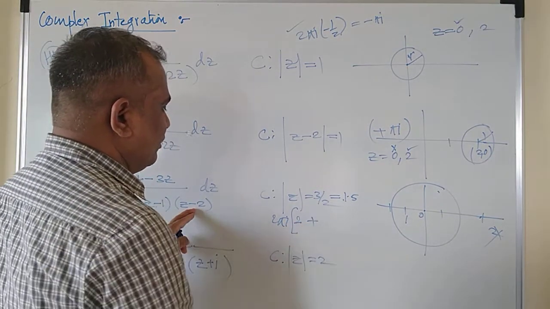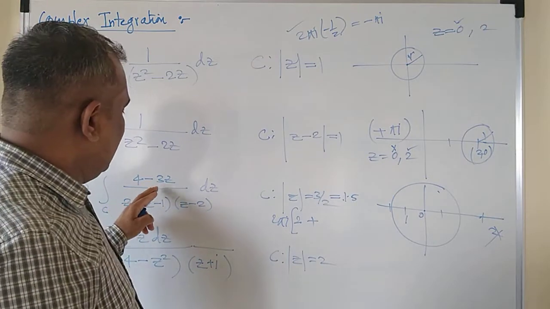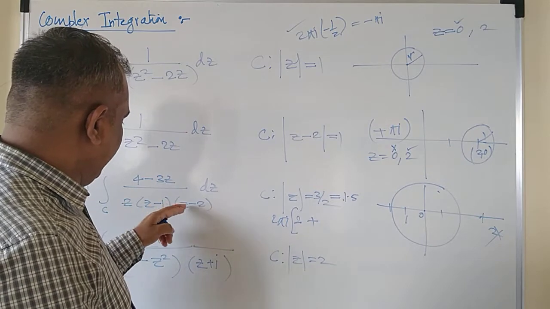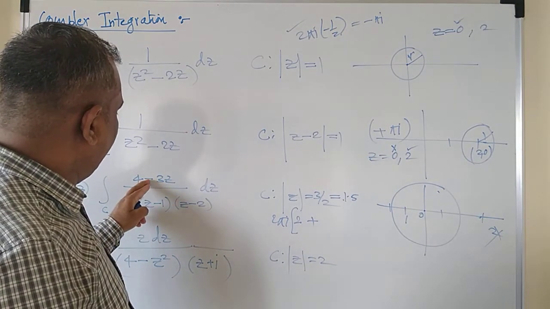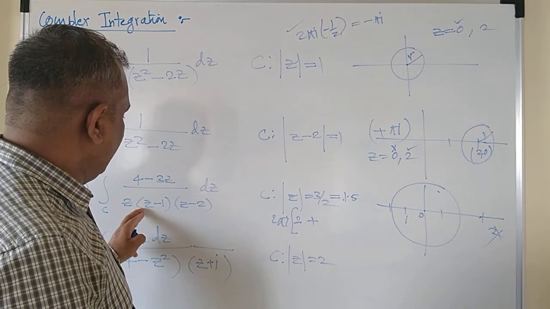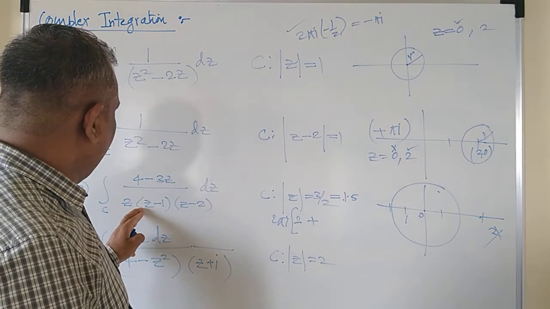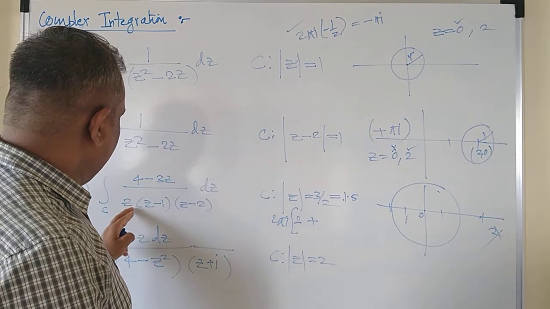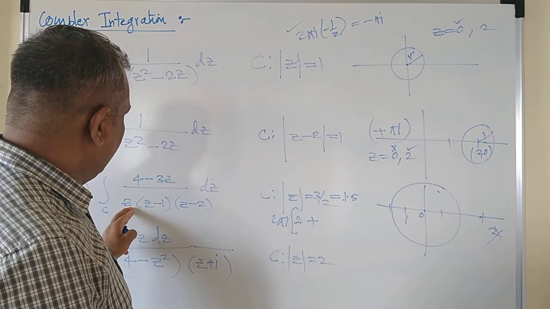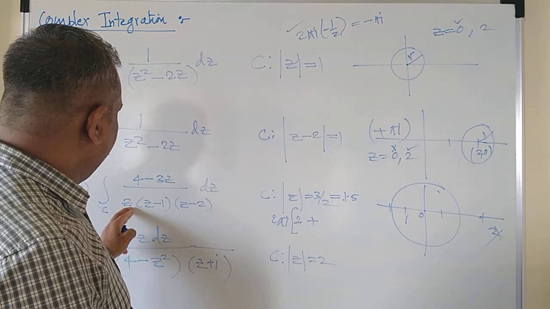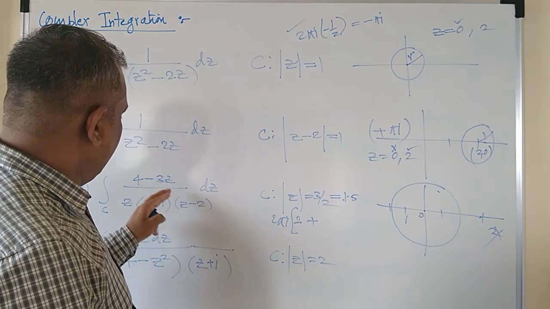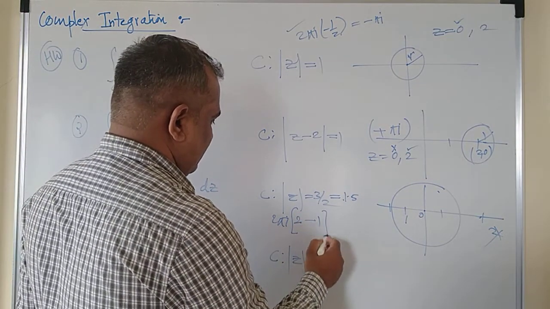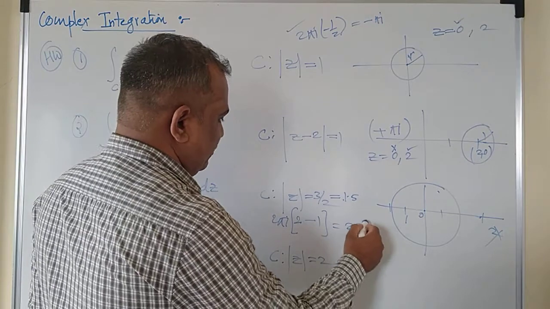So here you will get 2 only, plus the second case, which is for z equals 1. So z minus 1 will be at the denominator, the rest will be at the numerator, and you will get 4 minus 3z divided by z upon z minus 2 at z equals 1. Now put the value z equals 1. If you put z equals 1 here you will get 4 minus 3, that is 1, and at the denominator 1 into 1 minus 2, that means minus 1, right? 4 minus 3 is 1, and here is minus 1, that means minus 1 you will get, right? So 2 minus 1 is 1, and its answer will be 2 pi i.